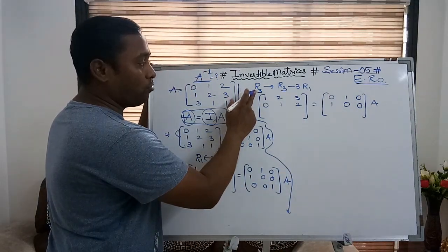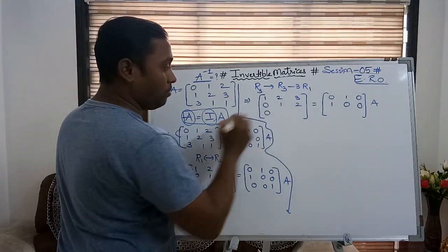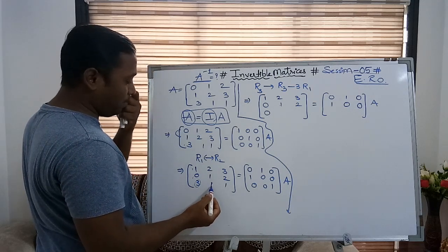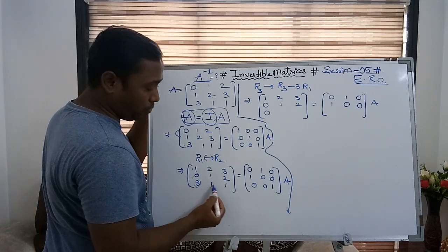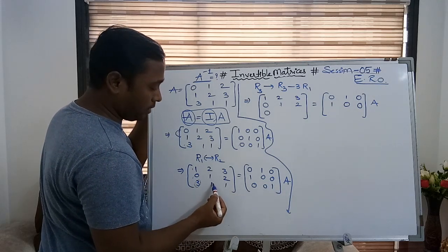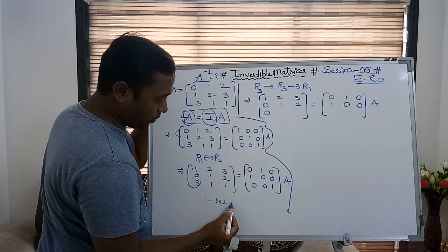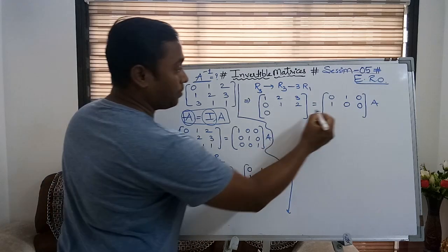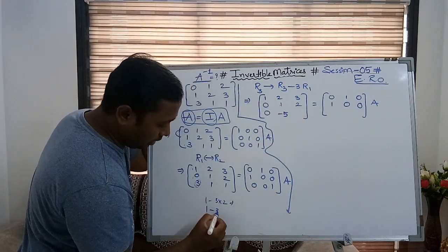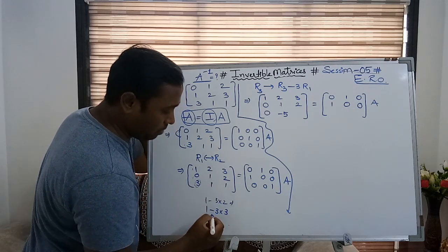Now R3 is going to change. How is it going to change? R3 minus 3 times R1. So ultimately this becomes 0. That is the purpose of doing this. And then from the elements of R3 you subtract; the same operation will apply to all the elements of R3. So 1 minus 3 times 2, see 1 minus 3 times 2, it will give what? Minus 5. Yeah, minus 1 minus 3 times 3, that is minus 9, minus 8.